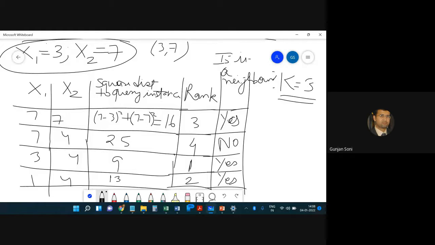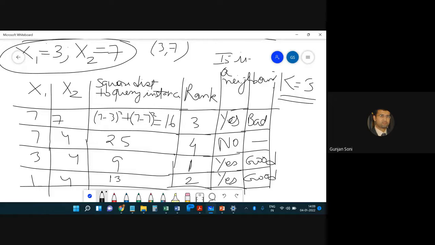Yes. Okay. Next, what we do is we write the corresponding value of y, not the predicted, but the labeled value of y, over here. So 7, 7, it was classified as a bad tissue. This one we are not considering because it is no. And this one is considered a good tissue. This one is considered to be a good tissue.